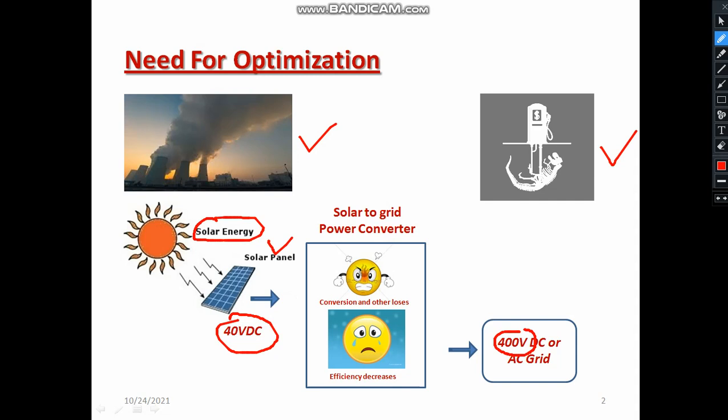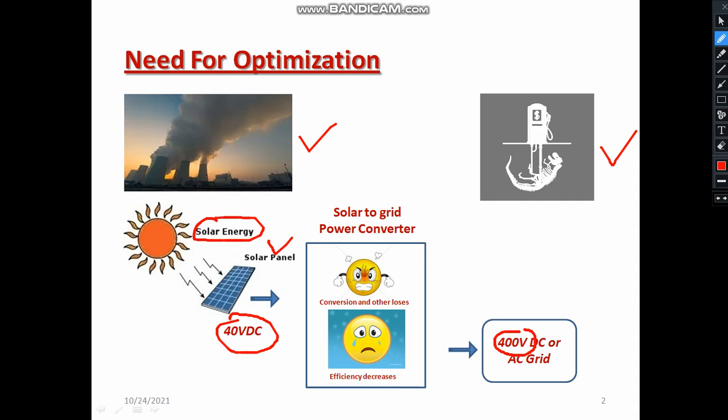Is it possible to convert directly from 40 volt to 400 volt? It is difficult, it can never be possible. So you are going to use a power converter. But there are a lot of issues in a power converter. A power converter is a power electronic device. It's a DC to DC converter, or you can call it a chopper. It includes RLC elements as well as power switches. Clear? And the main issue is that the conversion efficiency of this converter is poor. You cannot increase the voltage gain with a certain efficiency. So that's the main issue.